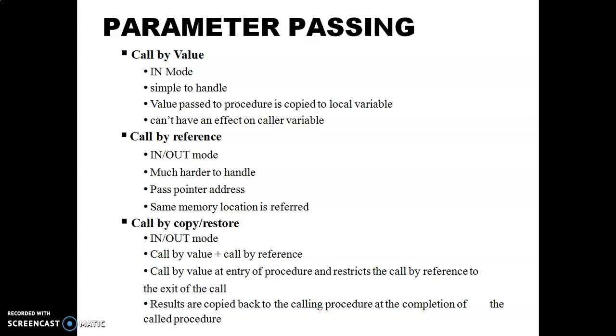It means that whenever the remote procedure is called by the caller module, or we can say client, it uses call by value, and when the server replies to the client, it exits the procedure with call by reference, and it clearly indicates that results are copied back to the calling procedure at the completion of the called procedure.